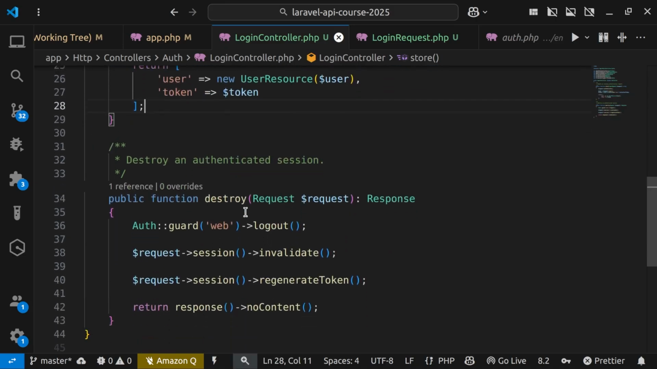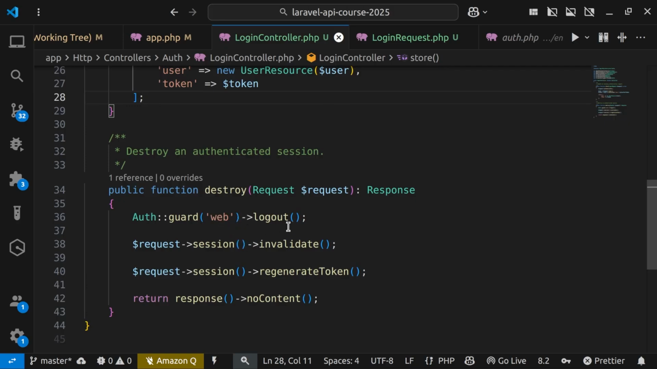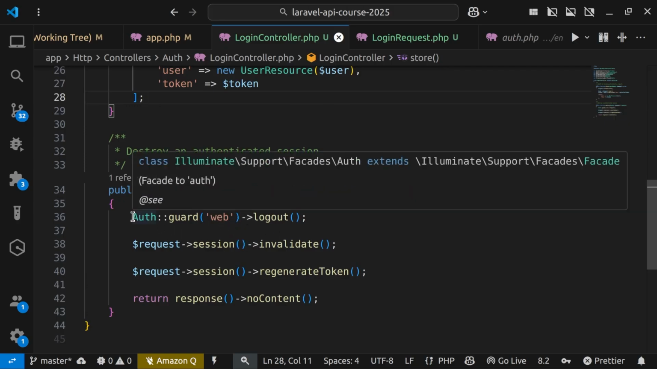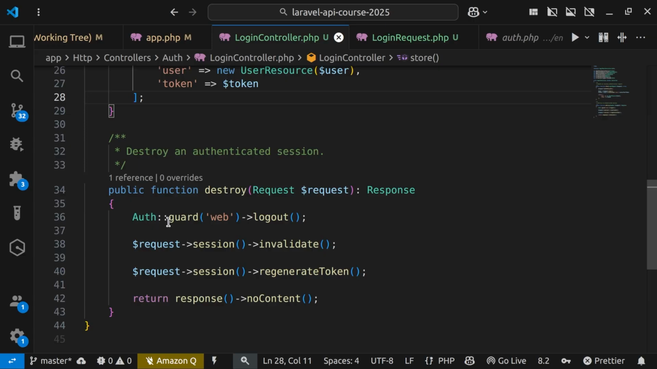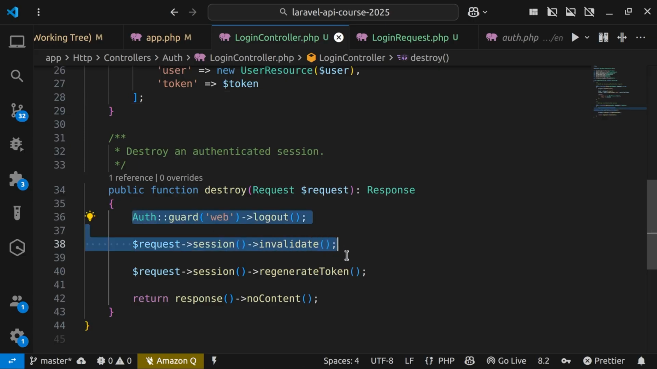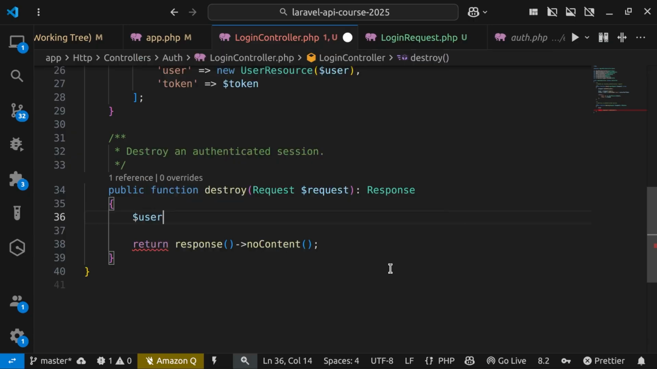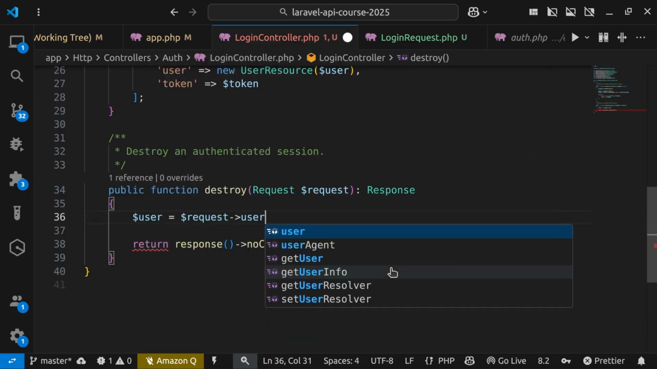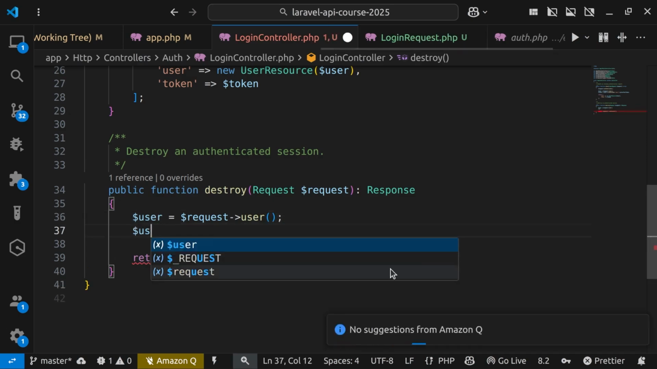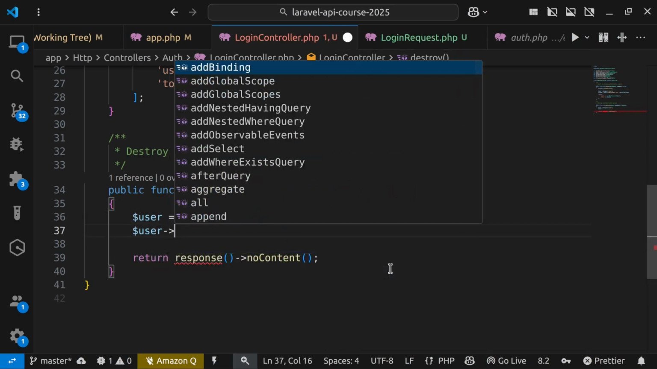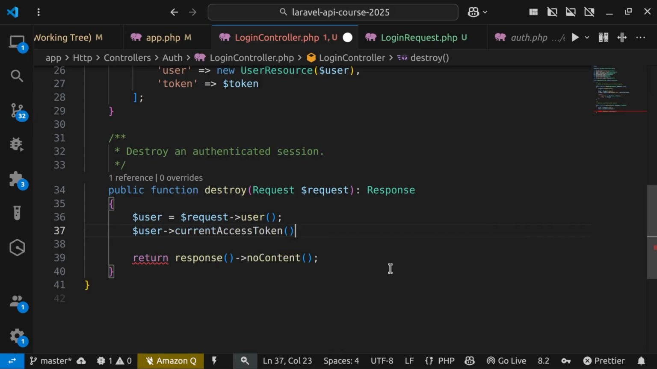Okay, I'm going to scroll down below and implement logout as well, because that's important part. Instead of this auth web logout, we don't have the web guard anymore. We don't have sessions. We don't have anything. Okay, so what we're going to do again, take the current user from request user, and on that user, we're going to access current access token, and then we're going to call delete on that current access token. And finally, we're going to return